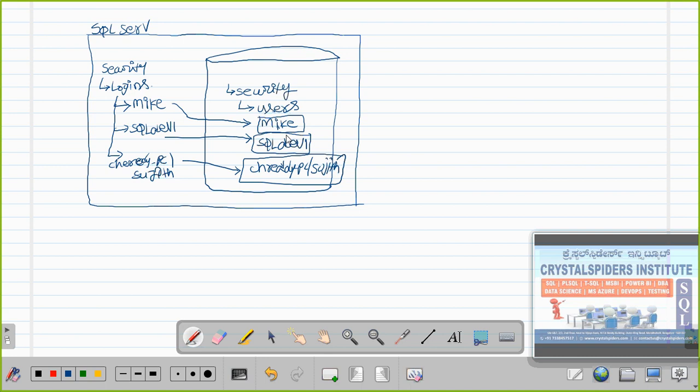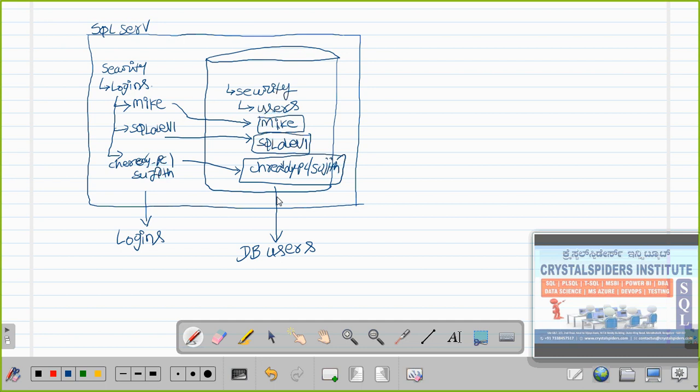Usually we call these logins, and whatever is under the database we call DB users, or database users.